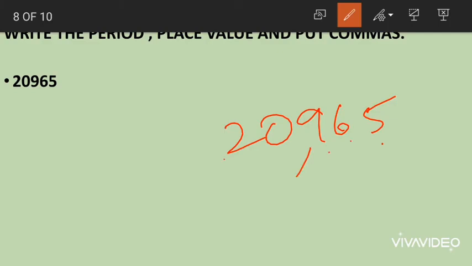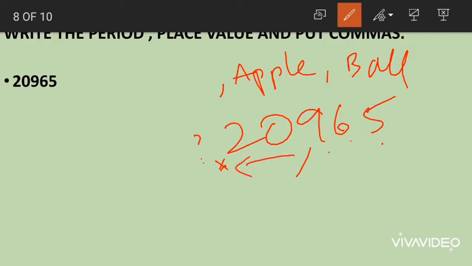And then we put the next commas after every 2 digits. Now, 1, 2. If I put up a comma here, it will make no sense because there is no digit here after 2. If you take the example of English language, where do you put a comma? You put a comma after a word. Apple, comma, ball, right? You won't write comma, apple, comma, ball. You don't start the sentence with comma, right? In the same way, we do not start the number with comma. So here we do not put a comma even though it is after 2 digits, because there is no digit in front of 20965. Okay children, I hope this is clear.